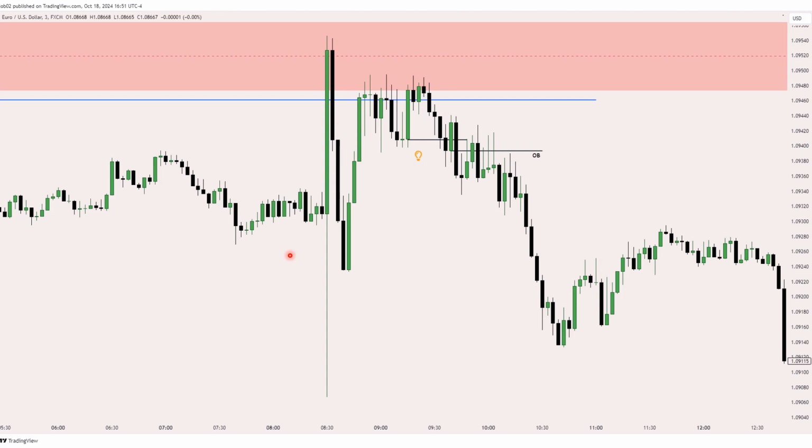On the 3-minute time frame, EURUSD retested the hourly order block after the news event and then gave us a market structure shift right here. After doing so, it traded into this order block, sold, and traded into this order block, which is where I found my entry. So in the live trade video, you're going to see that I entered on the 1-minute chart,